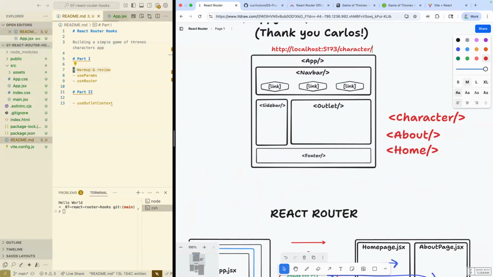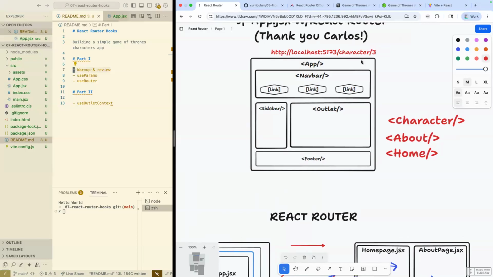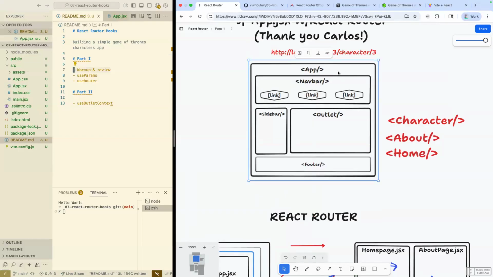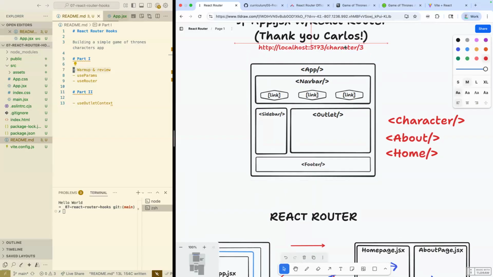We'll start off with URL params. And by a URL parameter, I mean just any part of the URL. If we were using character names, then this would be the part of the URL, the parameter of it that I care about. In this case, it's IDs. Because what I really want, and Carlos, this is a great diagram. I wish I had built it out in TLDraw, actually, so I could expand on it a bit. But what we're going to see in just a little bit, we're going to do a little warm up first. But basically,